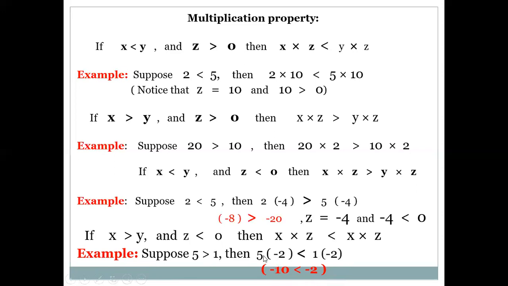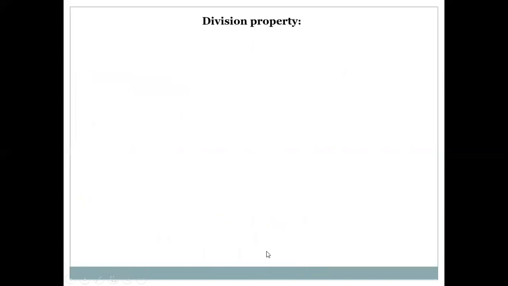Minus 2 multiplied by 5 is minus 10, and minus 10 is less than minus 2. So the sentence will be true. If we use the greater than sign, the condition will be false. So the sign of inequality should be changed after multiplying by a negative number. Okay. Now let's see more conditions.